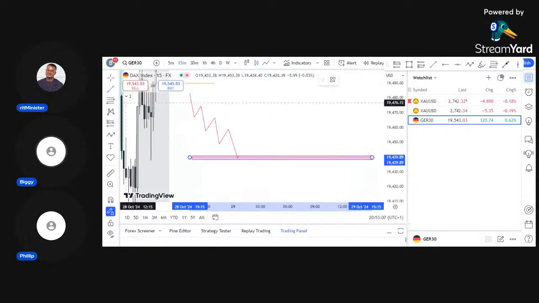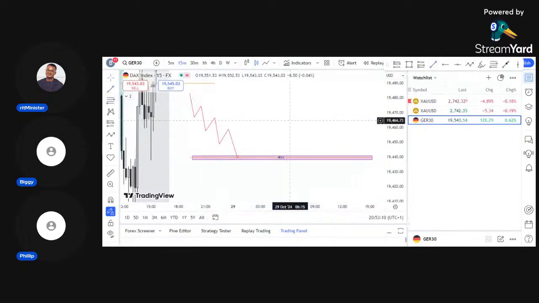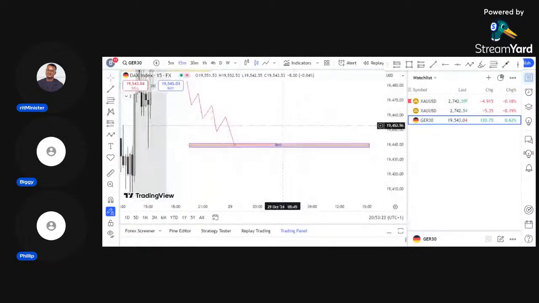So this is a 4 hour zone. And then the price comes to the 4 hour zone. At that zone, I'm looking for a third leg SCOB